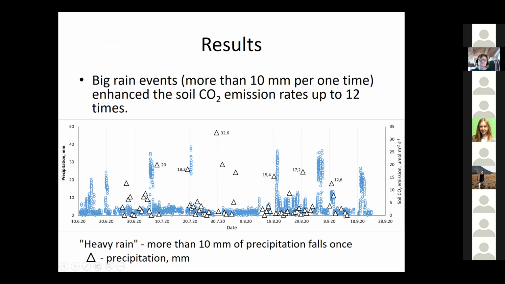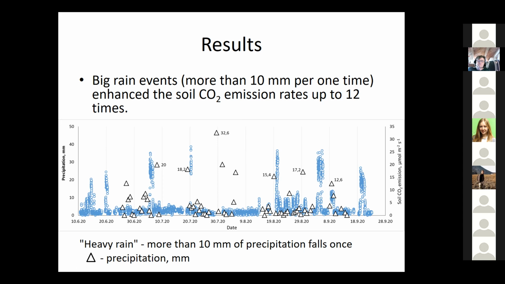I'm sorry, I have some problem with the microphone. Maybe could you shortly repeat or just write it in the chat? I'm sorry. Okay, I'll try once more while other people put their questions in the chat. You have a precipitation event of like 32, the highest one. Yes, the highest one. But there's no CO2. Okay, now I see. Just curious about that particular situation.